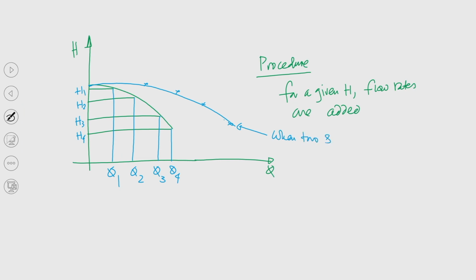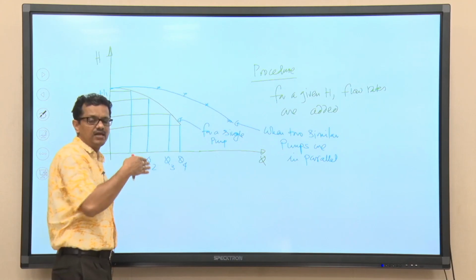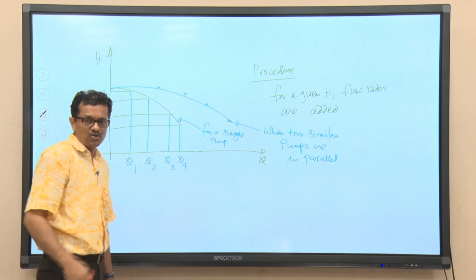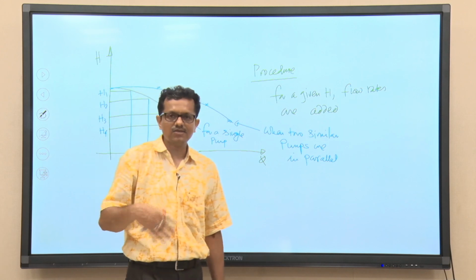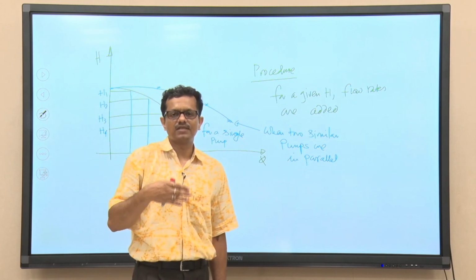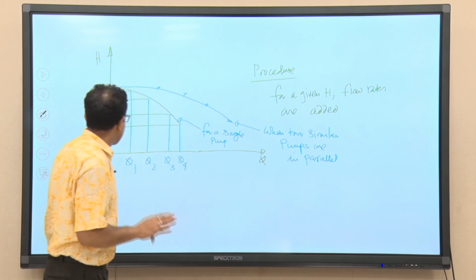when two similar pumps are in parallel, right, and this is for a single pump, right. So basically this is the combined HQ characteristics when two similar pumps are connected in parallel. If they are not of similar design, then we have to add for a given head H1 plus H2, which we will be discussing. So when two dissimilar pumps are connected either in series or parallel, how to draw the HQ characteristic curve will be discussed, but at least you should know this.